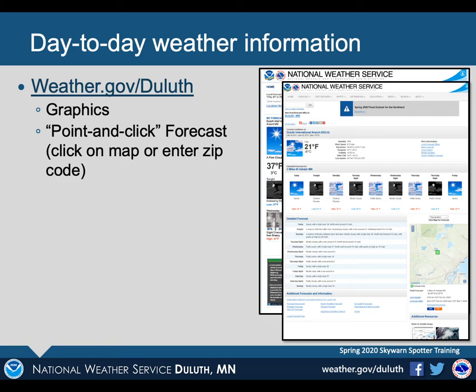point-and-click forecast. We update this forecast multiple times a day, and that's a forecast that's specific for wherever you click or wherever you put your zip code in. So that little green square on the map will be exactly where that forecast is valid. So if you click down in Canal Park or you click up at the airport, you're going to get a